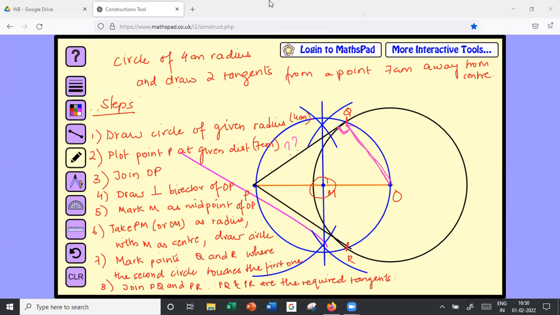Sometimes there is one question, I think level 1 mein hi hai, where they have given you 2 circles. They asked you to draw 2 circles, one like this and one like this at some distance. Irrespective of whether it is 1 circle or 2 circles, treat this as a point P. Same steps you do. You will make a perpendicular bisector of this line, and you will end up with a third circle which passes like this.